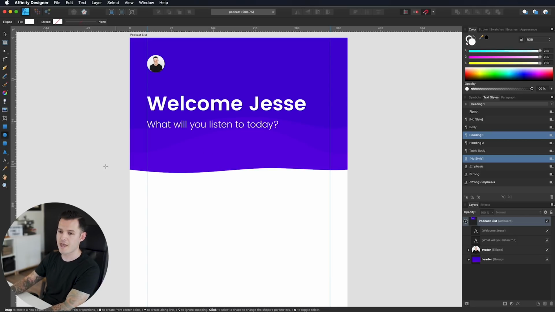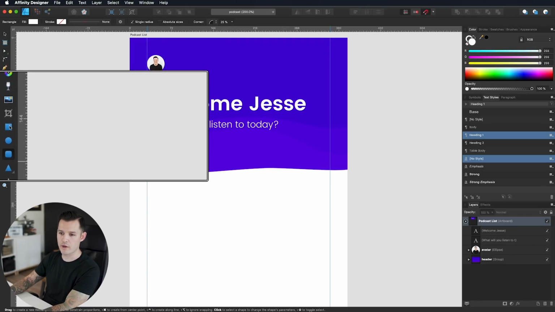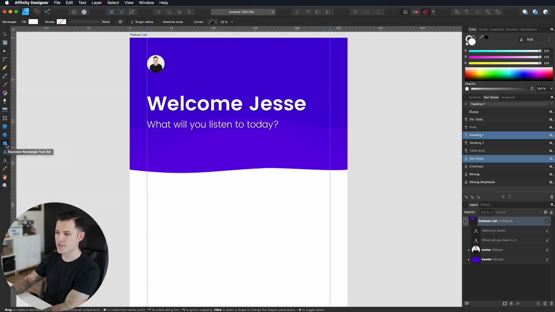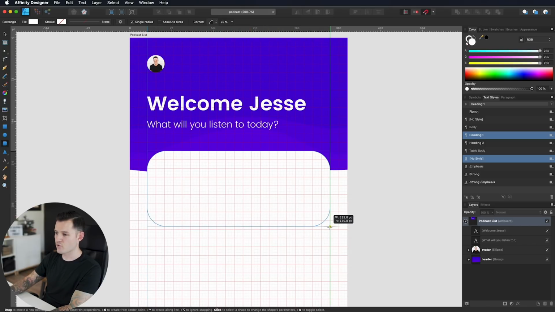So the first thing I'm going to do is press M to go to my shapes and I'm going to cycle through, let me just zoom in so you can see as I press M, not to my normal rectangles, but to my rounded rectangles. So let's come back and draw a rounded rectangle. Let's turn our grid back on. And I'm gonna draw a rounded rectangle from the top edge of this grid and my guide. And I'm gonna draw it down